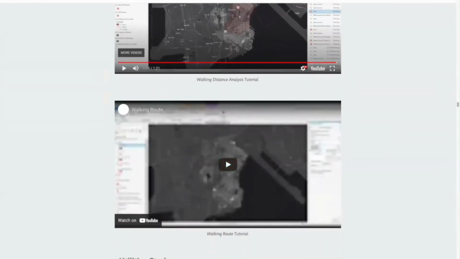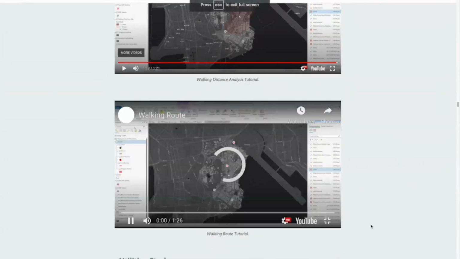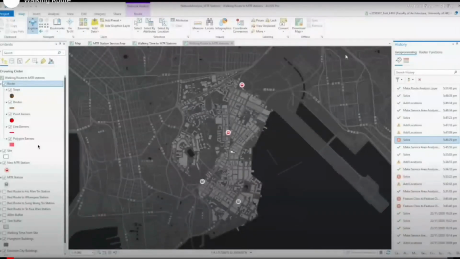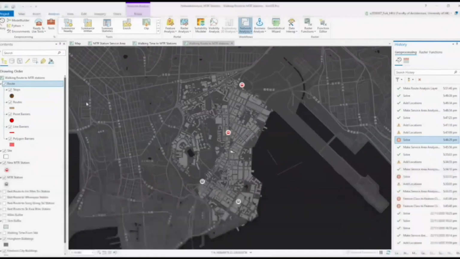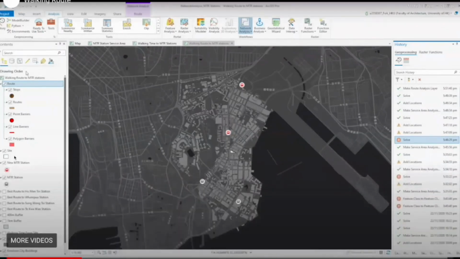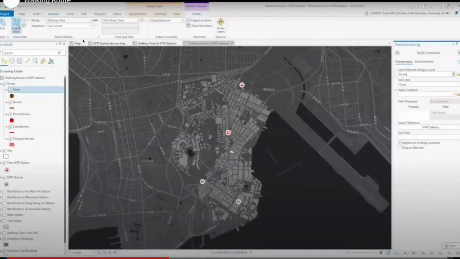At last, we will have a demonstration on how to create a walking route. For our walking route, we are starting again with the same 4 dots for locations we have inputted. However, this time, instead of a surface area analysis, we'll be doing a route analysis, which is also under network analysis. After you have pressed route, you'll see this on your left. This time we'll be doing a walking time.